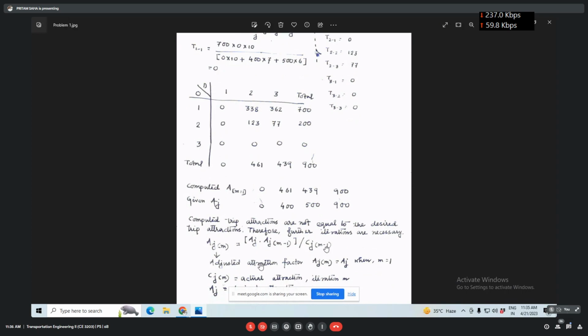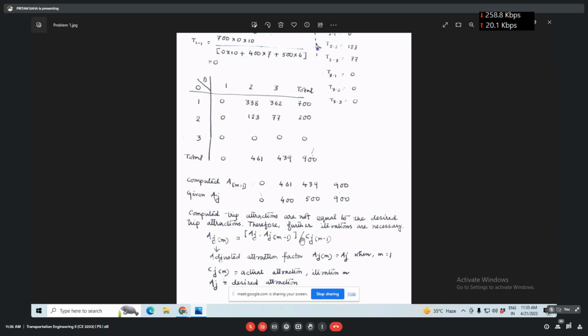So when we go for further iteration, we need to adjust this value. Okay, this is how we will be adjusting the value. Okay, adjusted attraction factor. For every iteration, we will simply follow this expression. And in this expression, you can see there is something called CJ, and CJ is actual attraction. Actual attraction means whatever we have computed. So that is actual attraction. AJ is the desired attraction. So based on this equation,